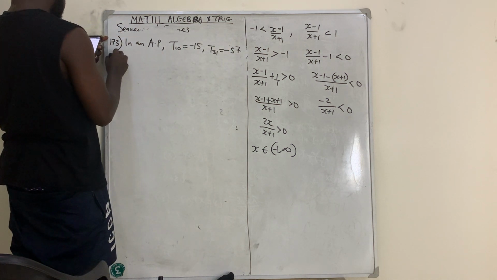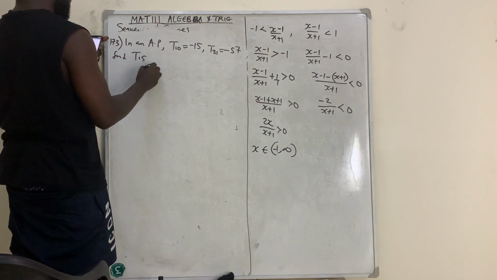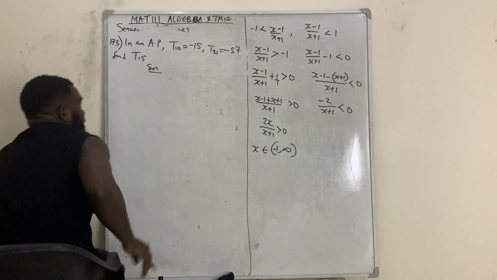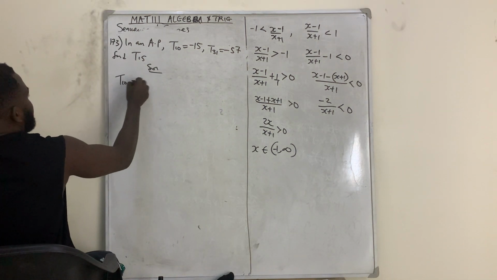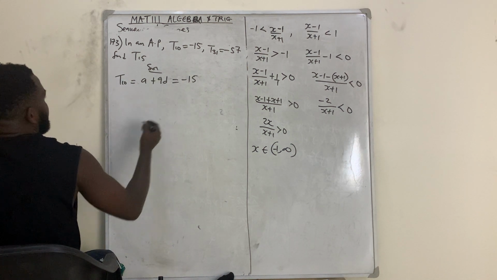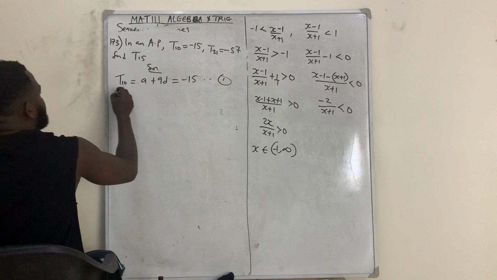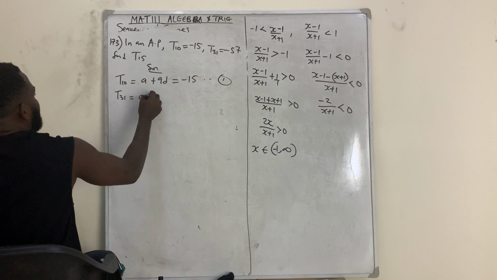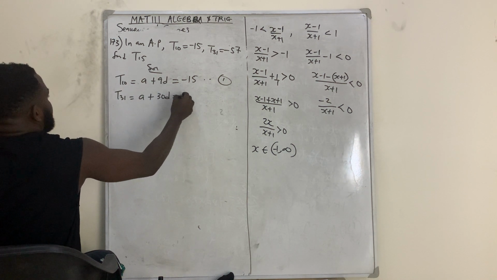Then find T15. Solution. The first thing they gave us: T10, the formula for T10 is A plus 9D, and they say that is equal to minus 15. Equation 1. They now say that T31, which is A plus 30D,